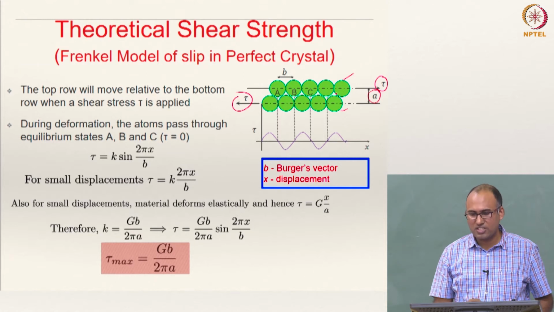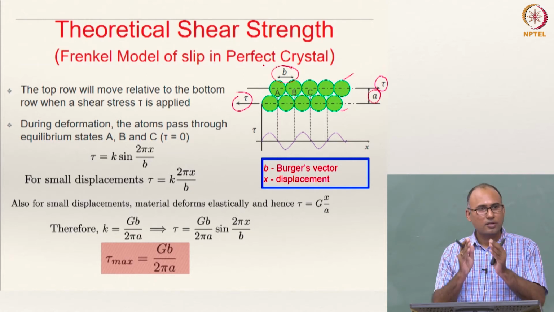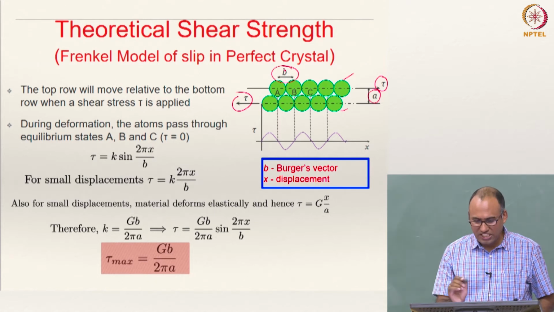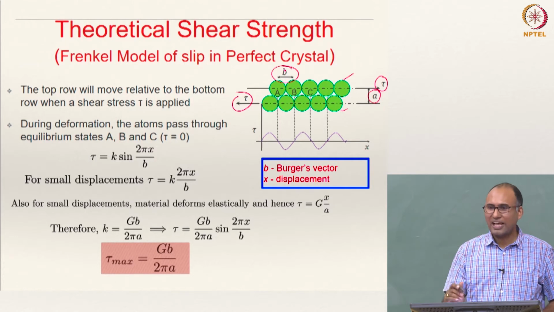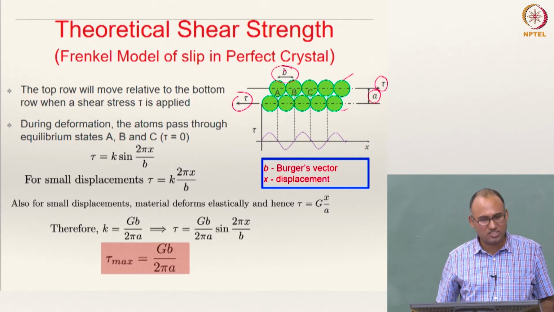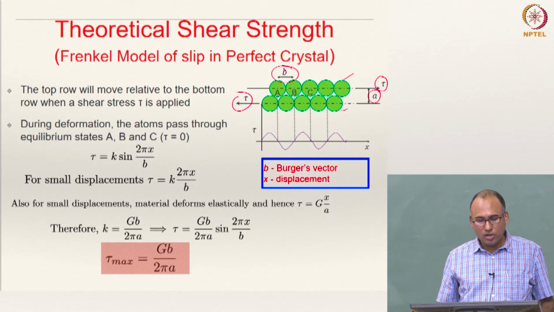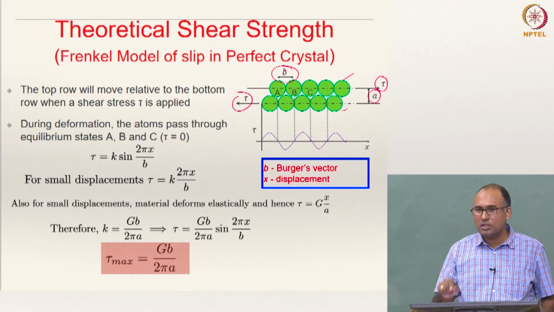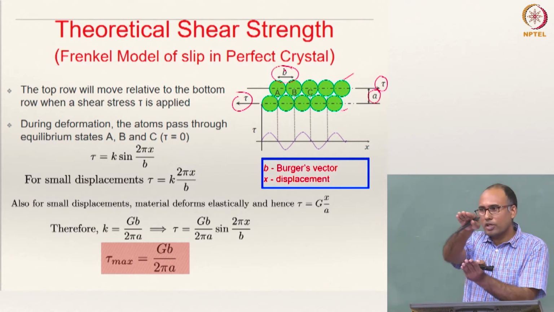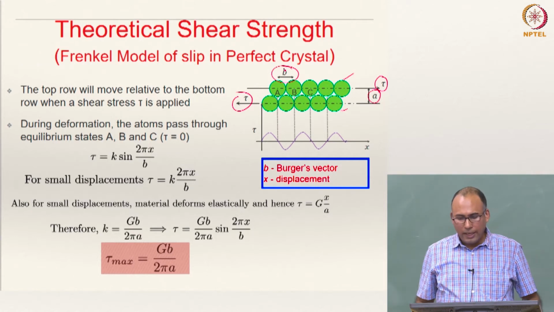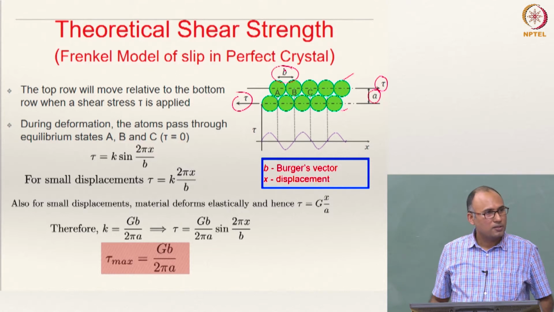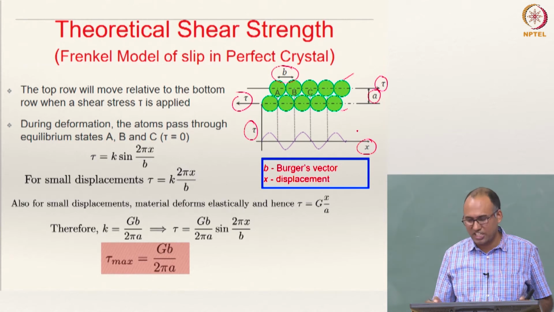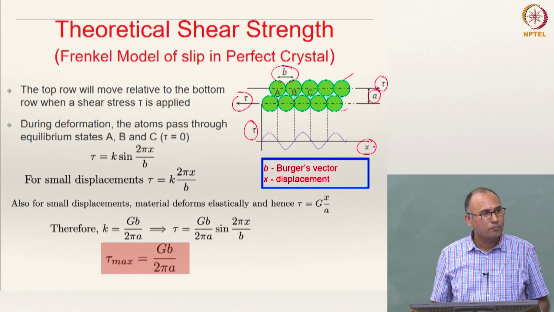this is the interplanar spacing, and this is the interatomic spacing in that plane, which is described by b, and it will have a special name when we are discussing dislocations. So when you are applying a shear stress, the top row moves relative to the bottom row. And if you plot the shear stress versus shear displacement, or shear strain also you can put in, then